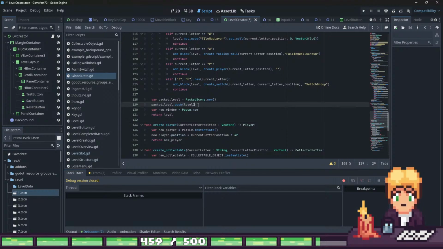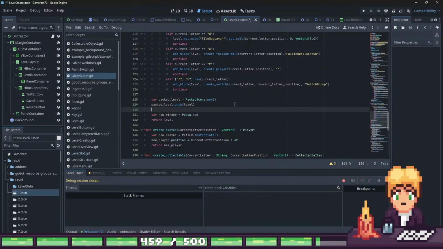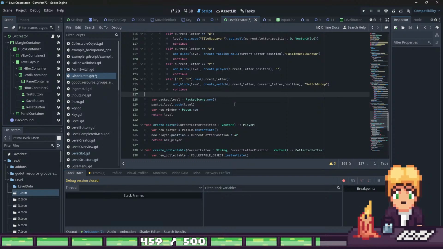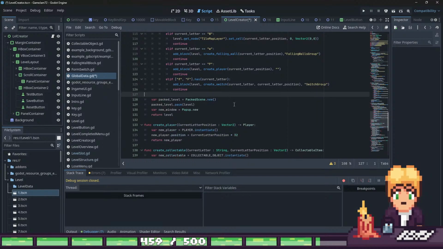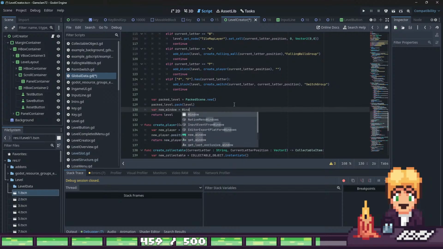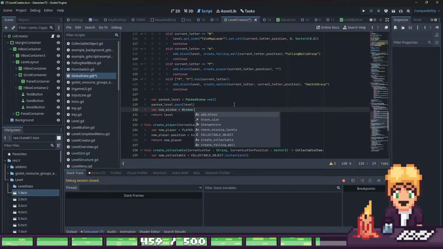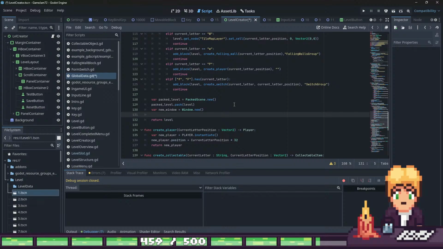Here. New window is window.new. Then we say